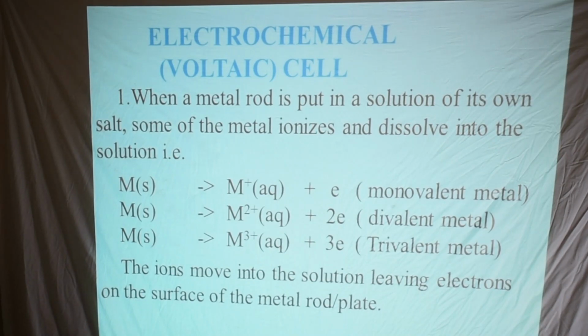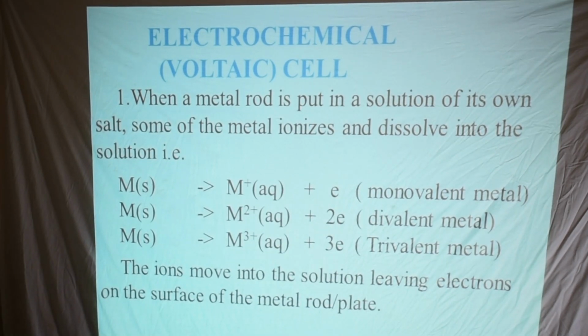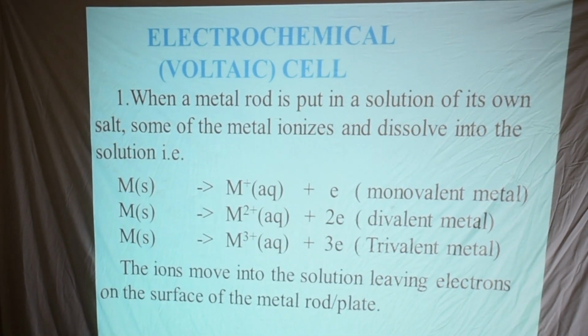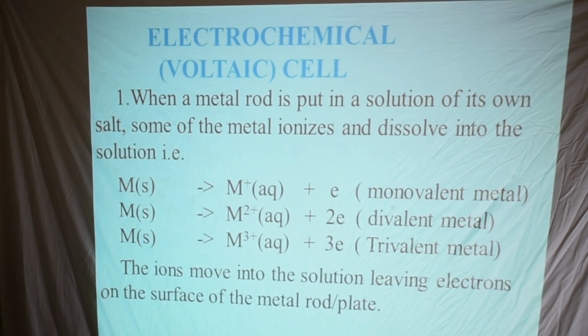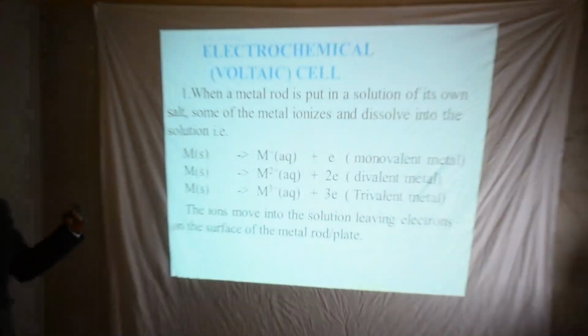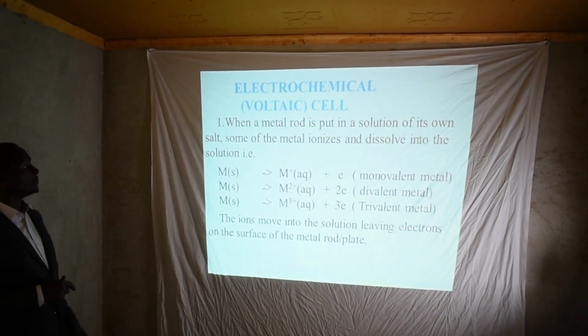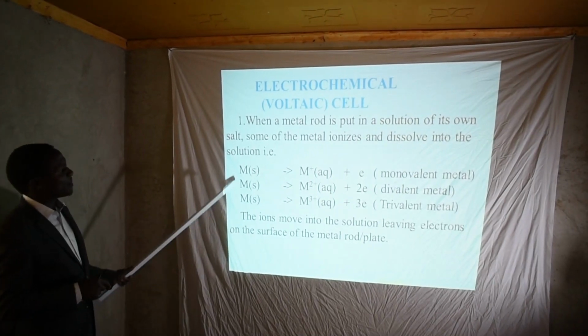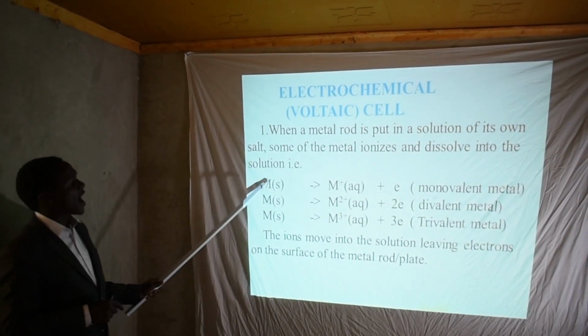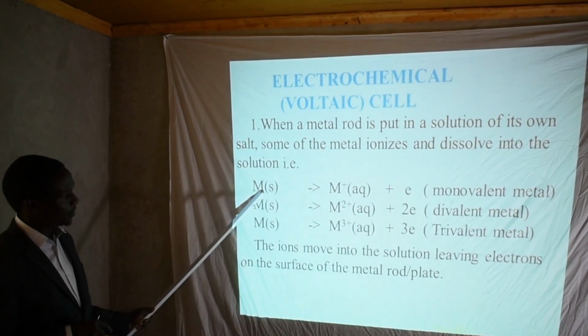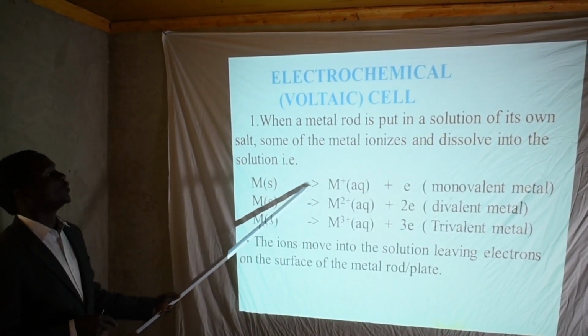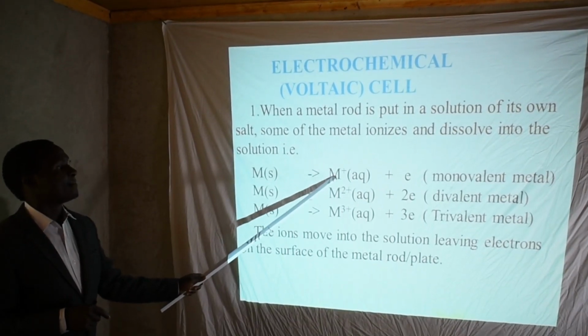When a metal rod is put into a solution of its own ion, or salt, some of the metal ionizes. The meaning of ionization here is that it dissolves and gets into the solution. Therefore, the metal rod will lose electrons. Let's take, for example, a monovalent metal. It loses electrons to give us